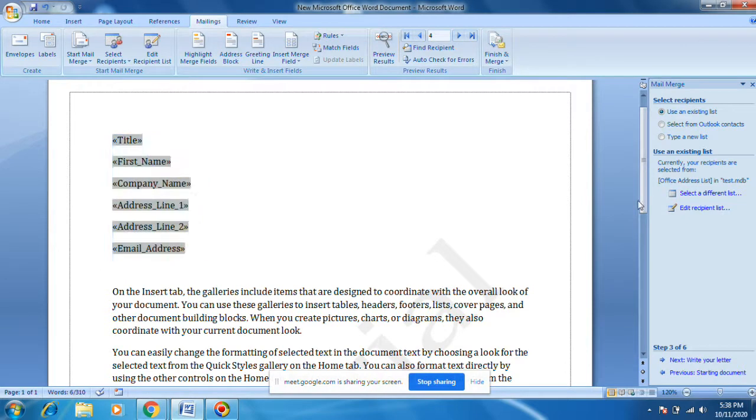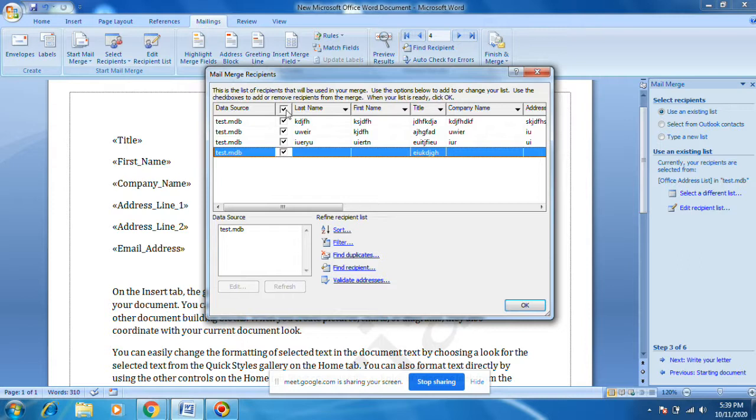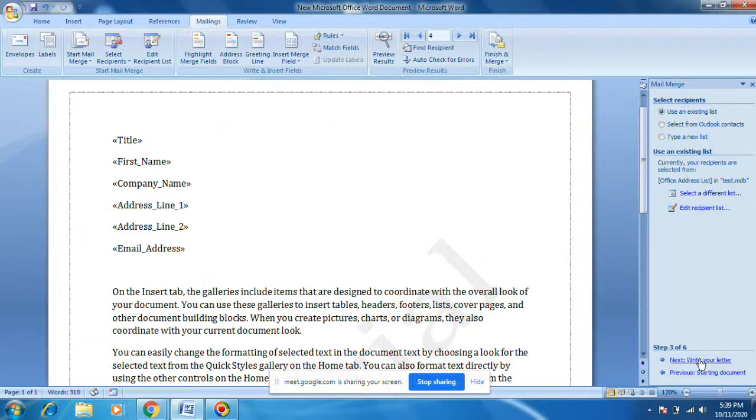He has some recipient list, something like this. He can add all the student details, their address details and everything. Next, write your letter.